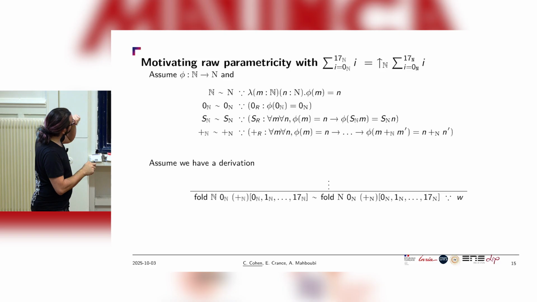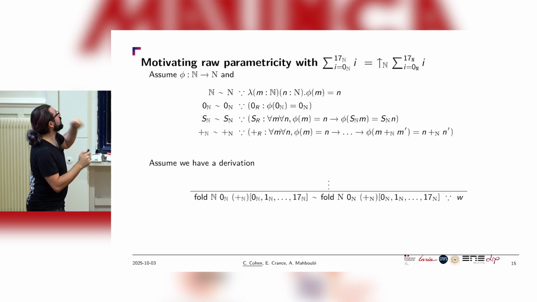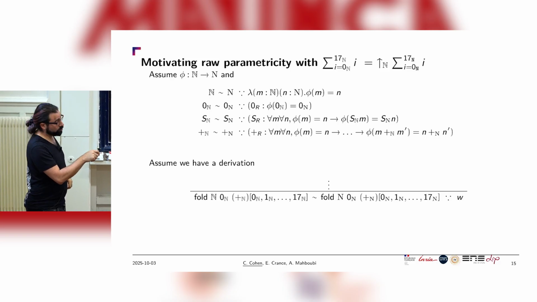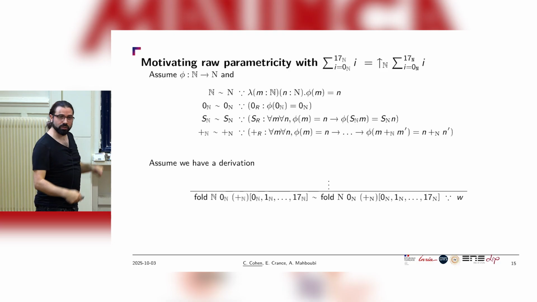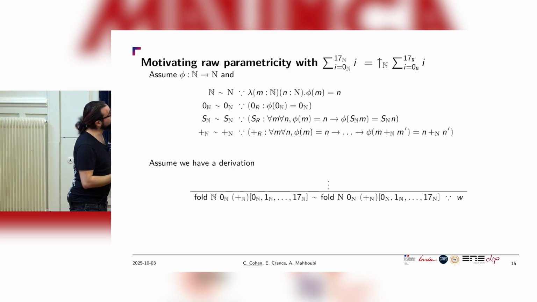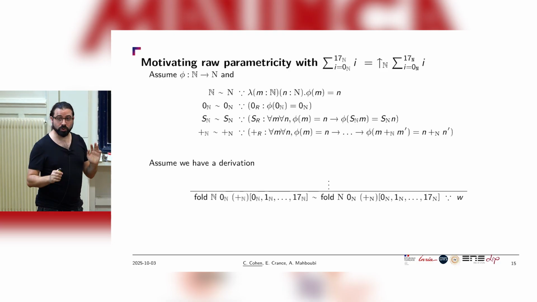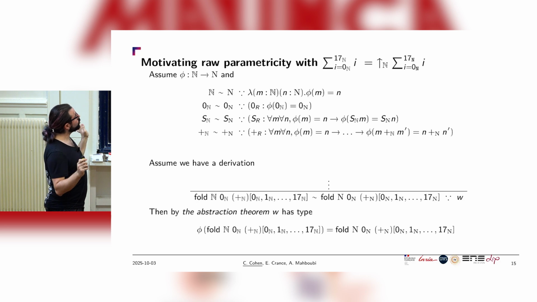And what is the same for successor? It's a proof that if phi of m equals n, then phi of successor of m is equal to successor of n in the other data type. So that's what I showed you. I rephrased the commutation property earlier. You need to know the same for the plus. And then you're done, magically, because by the abstraction theorem, the type of W is the relation between those two,